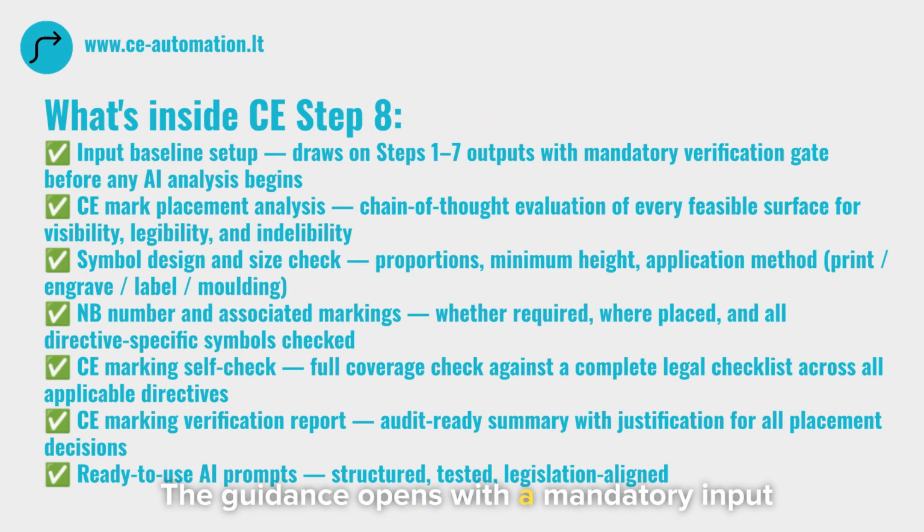The guidance opens with a mandatory input baseline: directive list, NB involvement status, product surfaces, and labeling plan must all be confirmed before AI analysis begins. 5 structured AI prompts then work through placement analysis, design and size verification, NB number and associated markings, a self-check against the complete legal checklist, and a final verification report. Every placement decision is documented with its legal justification, including exceptions for very small products or harsh environments where standard